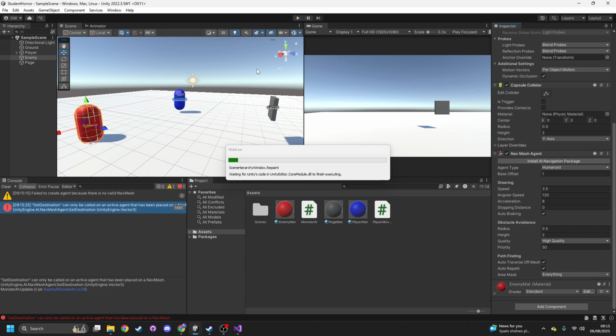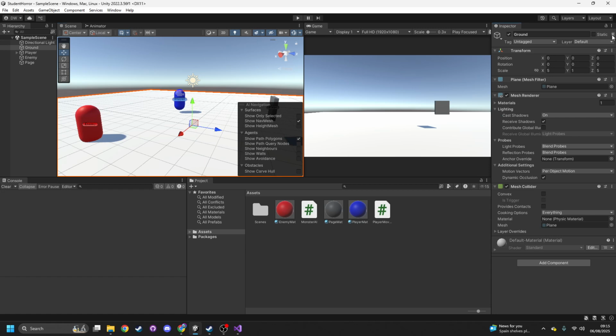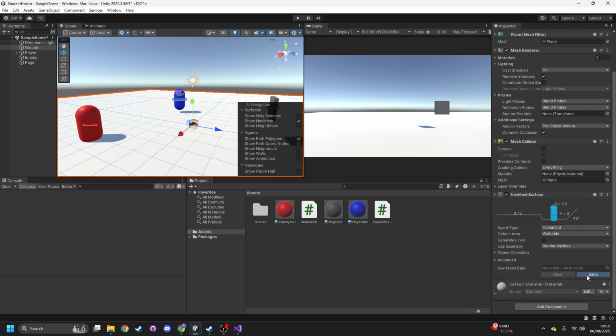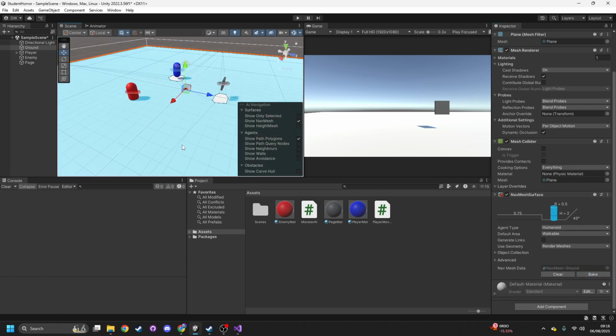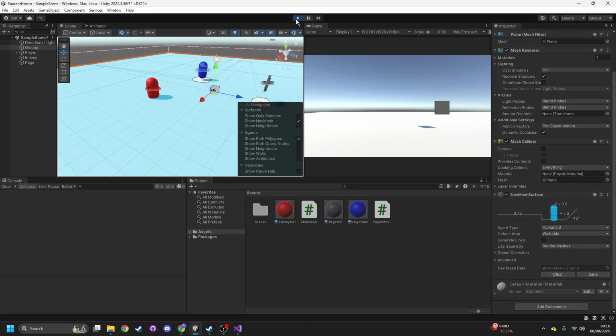I'll just wait for that to load, and then if I open this up now, it'll still be deprecated, but I can do a NavMesh Surface and then bake, and then you see it all go blue, and it's basically telling the AI where it can move. So if I press play again,